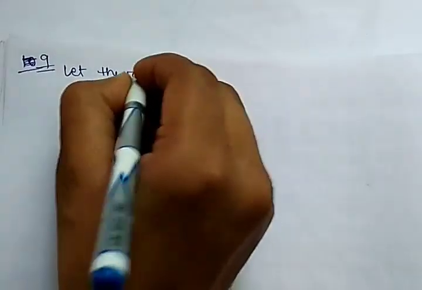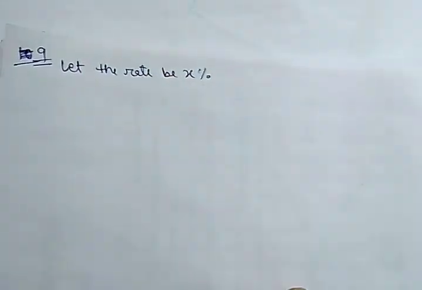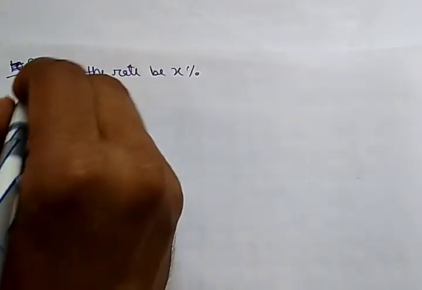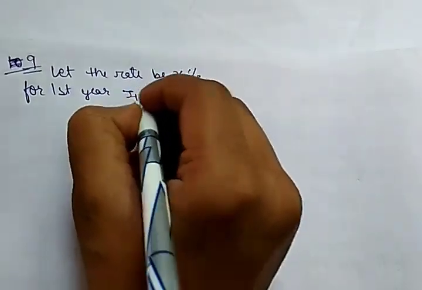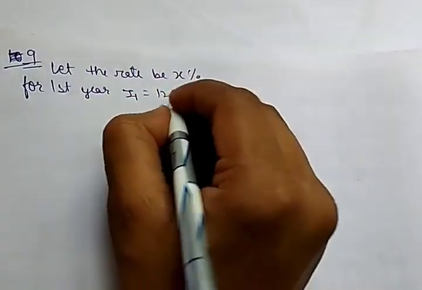Okay. So for the first year, let the rate be x%. So for the first year, the interest for the first year will be equal to 12,000 into